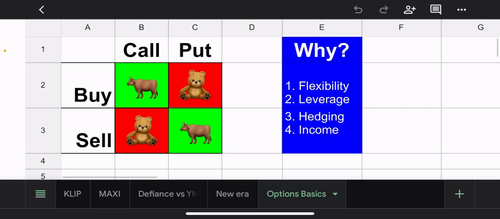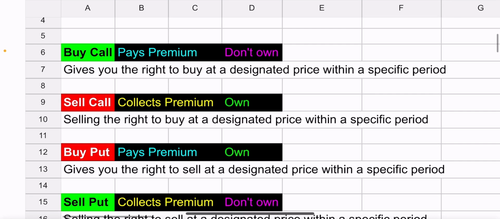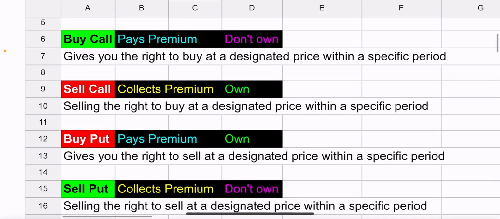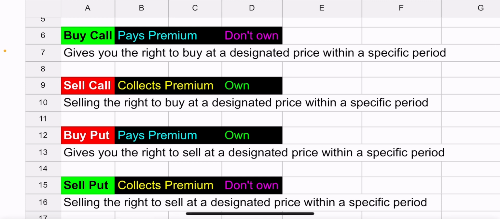As you can see up here, sell call has a nice little teddy bear in red. I am bearish. I want that stock to not hit that strike. Because guess what? If it doesn't hit that strike by expiration, I keep my shares and I keep that premium. Win-win for me. However, if it goes above that strike, I can get assigned and my shares are gone. But I do still collect that premium. But that's a risk to take. If you're selling the call, you're thinking it's not going to go above that strike price by that date. So hopefully that made sense.